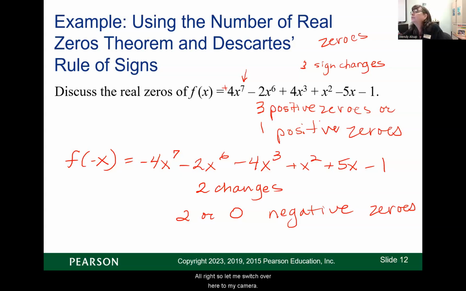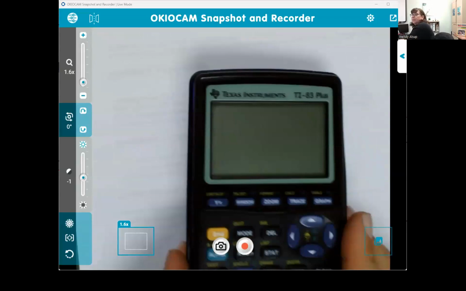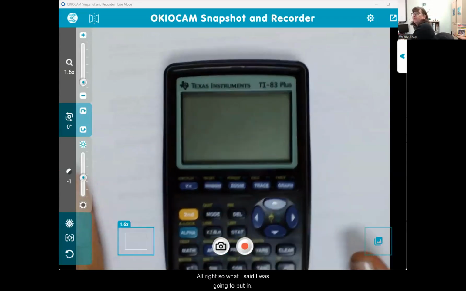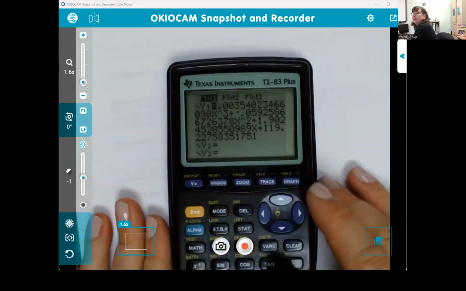All right, so let me switch over here to my, gotta find my, stop my share. Let's see if I can find my camera here. All right, there's my camera. Let me share my camera. And we want to put this in. All right, so what I said I was going to put in